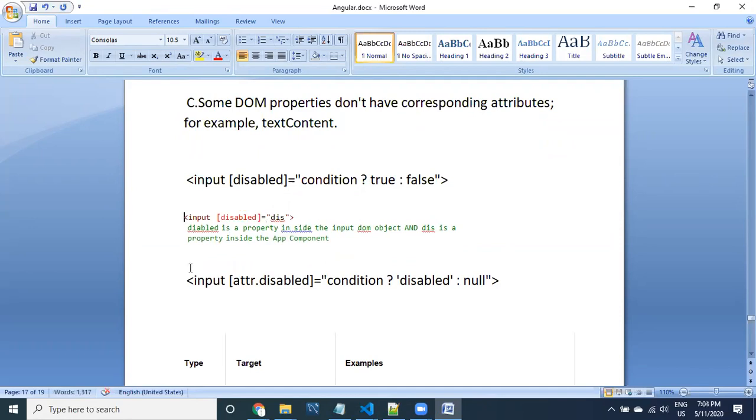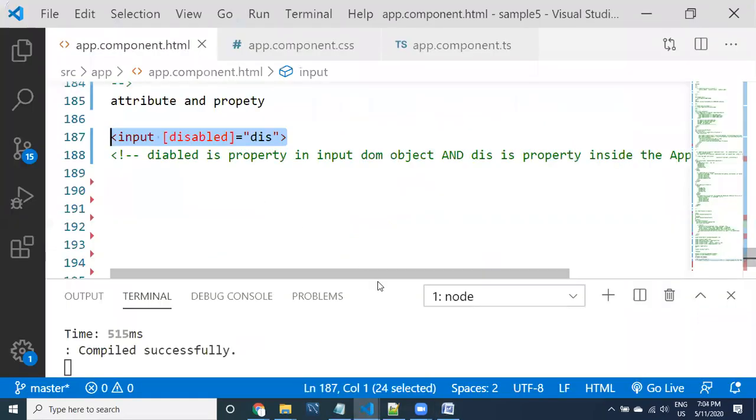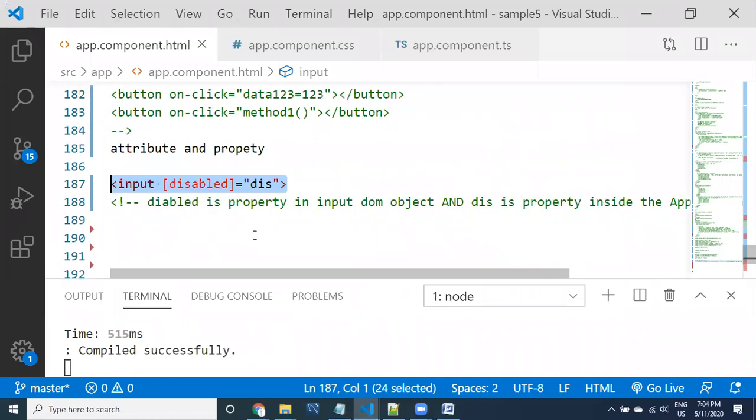All right guys, you need to understand very clearly, you should not get confused at all. Disabled is one property and this is also one property, but this is related to the app component, while disabled is a property related to input.